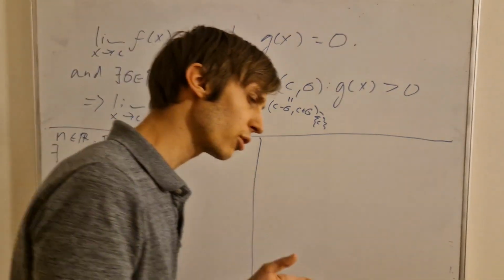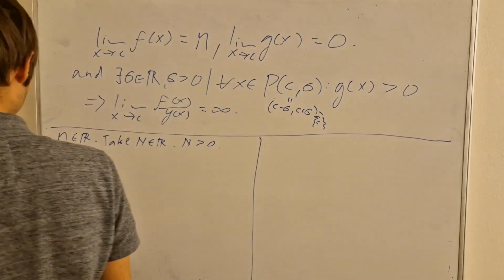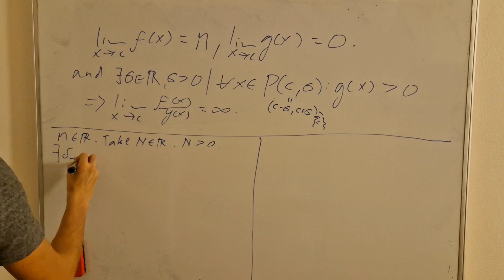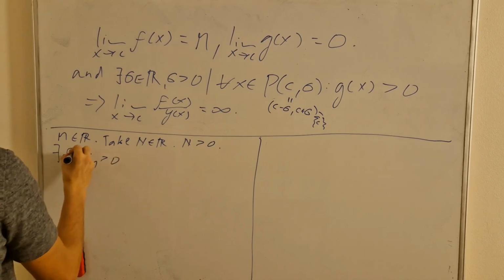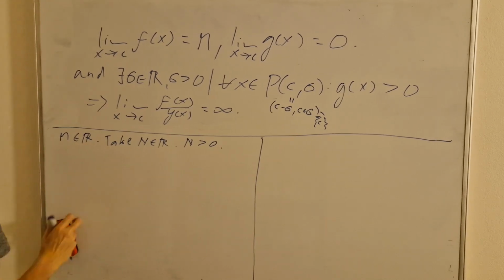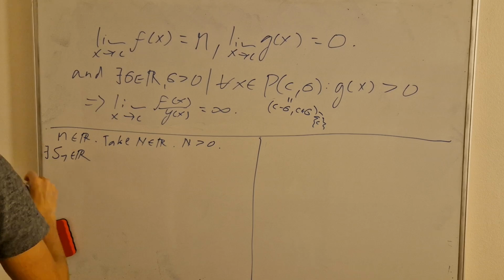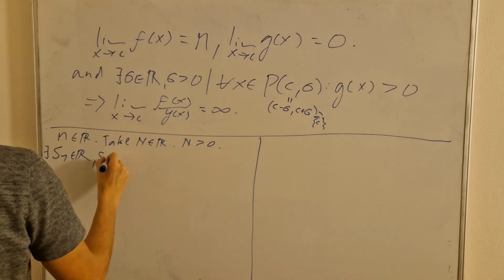These conditions will be very specific for everything to match together, so it might seem a little bit surprising, but let's see how it clicks. So there exists delta 1, a real number, higher than 0,